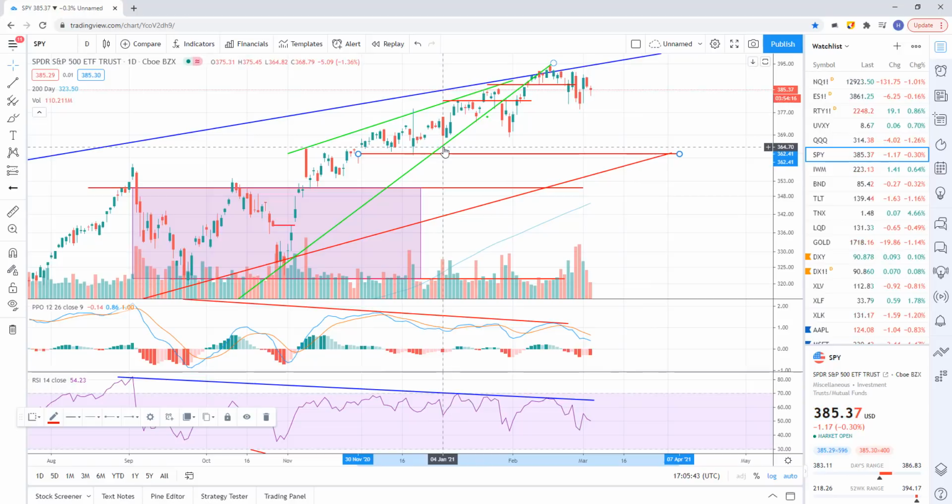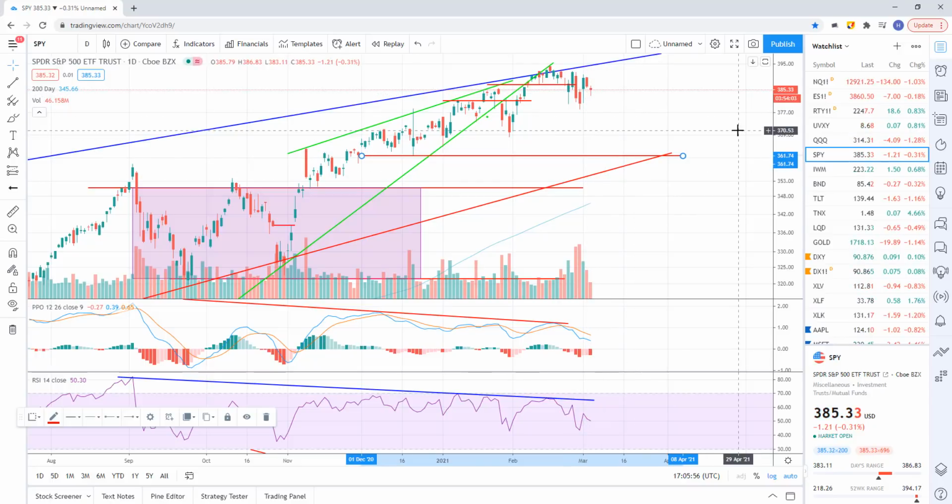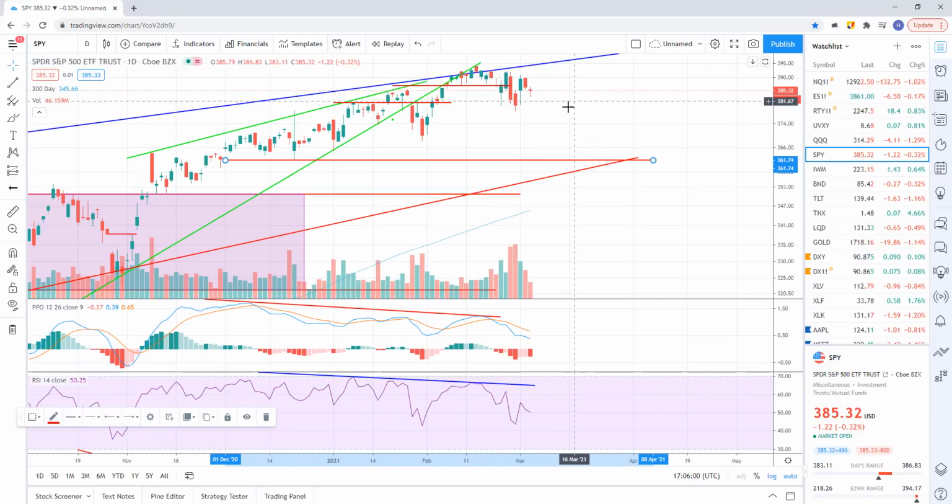It could be slightly higher. Maybe it's up here at this 364, but we'll say 364 down to 362. I expect SPY to probably head down to that area if the Qs continue to roll over. So something to watch there. On the upper end of SPY,